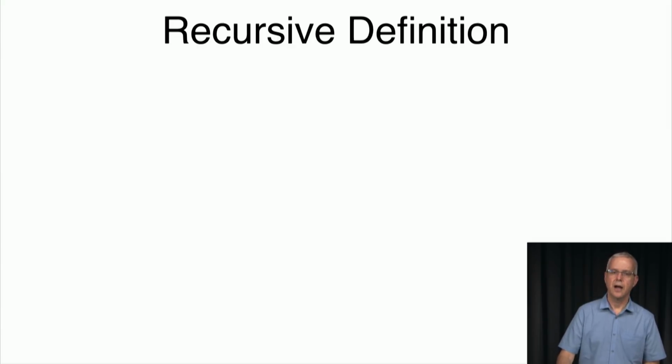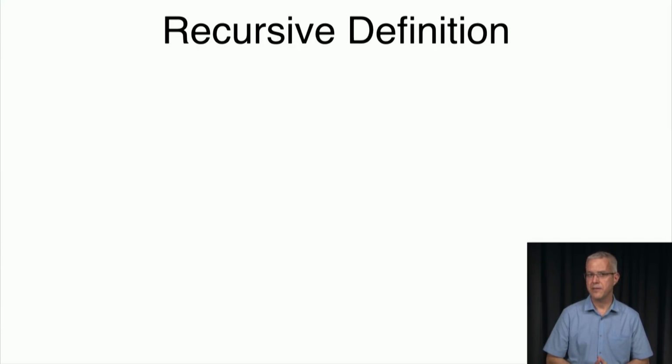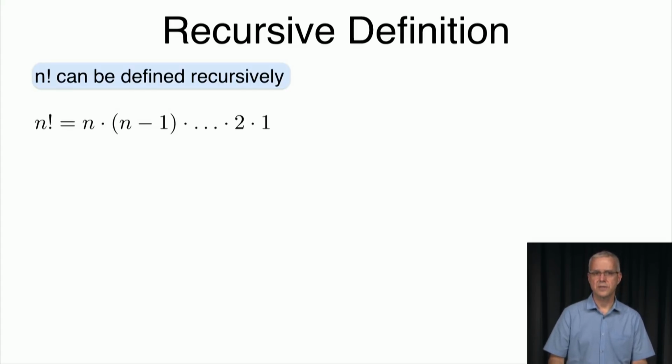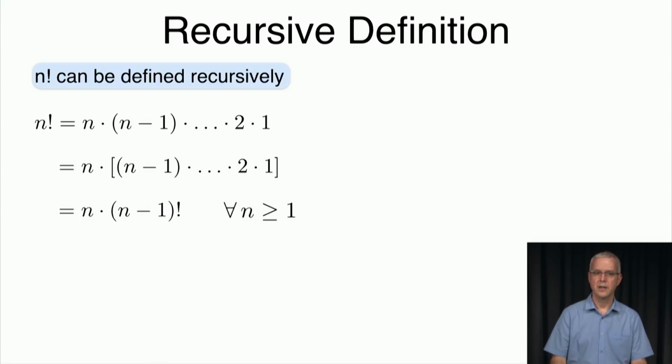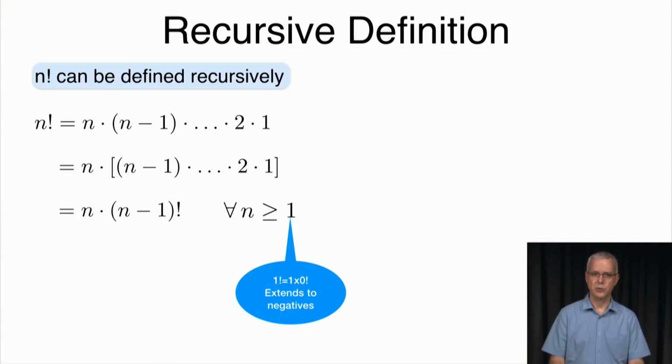All right. Either definition, and maybe even more closely the second definition, leads us to a recursive definition of n factorial, which is as follows. So n factorial is n times n minus 1 and so on up to 2 times 1, or if you want, you can write it as we saw, 1 up to n. And either way you do it, it's going to be n times the product of the first n minus 1 elements. So it's n times n minus 1 factorial. Okay. And this is true for all n which is bigger than or equal to 1. So in other words,